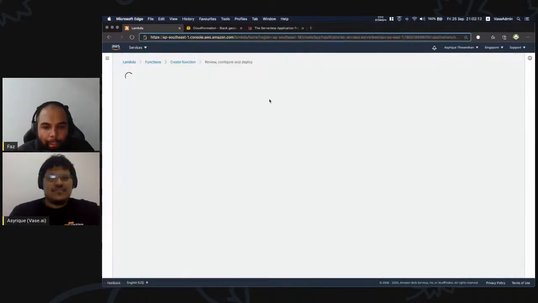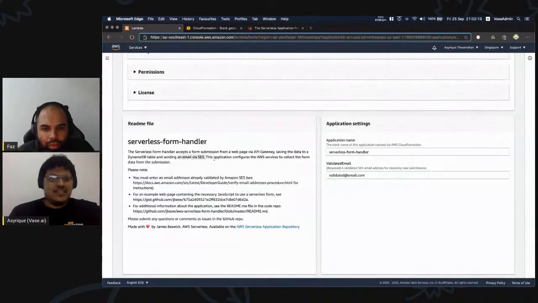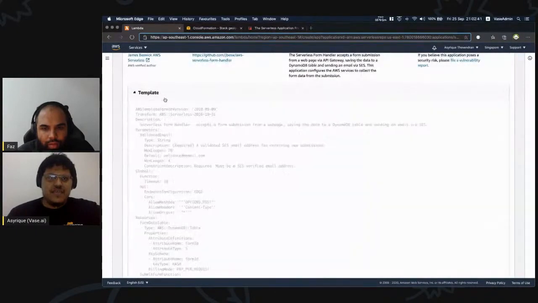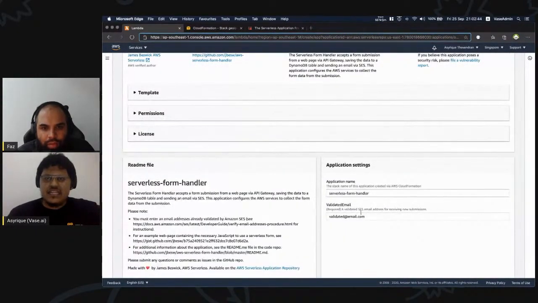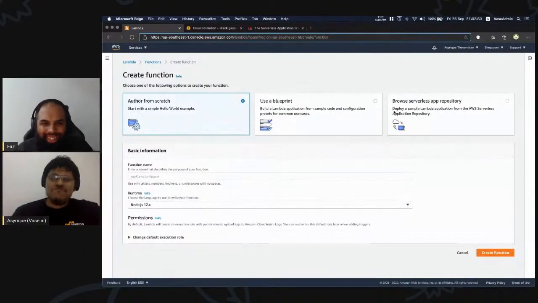Literally, this will accept a form submission from your website and then send you an email via SES. So it's fully configured with all the AWS services that you need already. You just specify the application name as well as the email. You need to set this email up in SES first, but to verify in SES, you just put the email in, click a verify link when it sends you the email, and then it's verified. Now you can have a contact us form that calls the API generated by this template, and it will send you an email through AWS. Gone are the days of running a single PHP file for contact us.